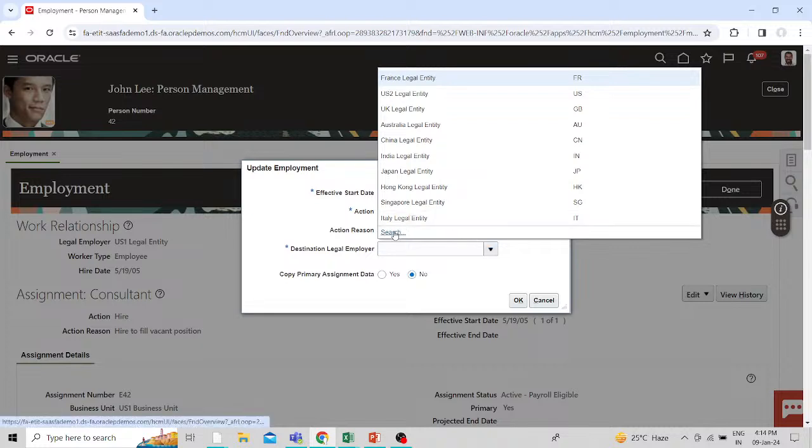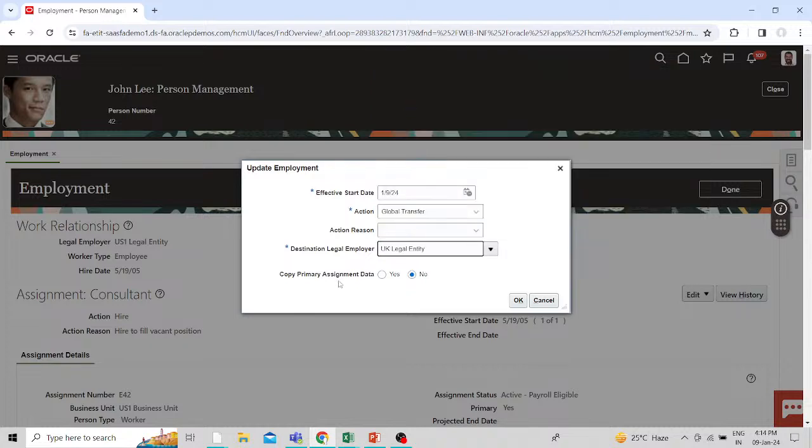So what is a work relationship? Basically, a work relationship is a relationship between the employee and the employer. Here you can also select the action reason for the request as a reorganization. I select the UK legal entity as the destination legal employer, and now here you can see the